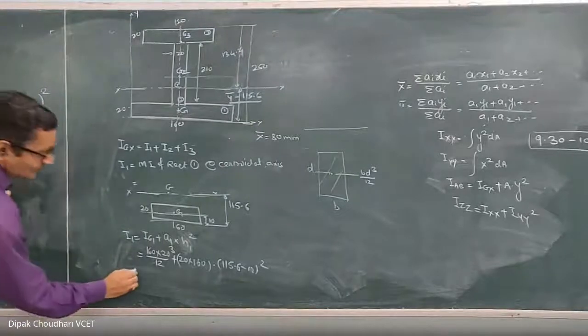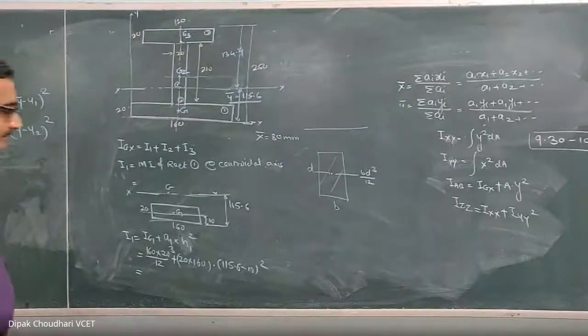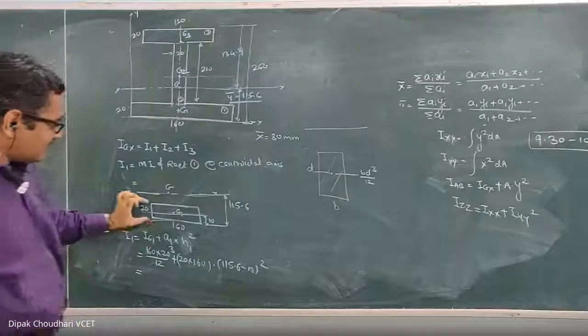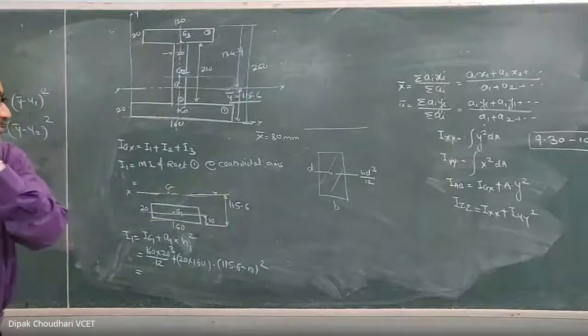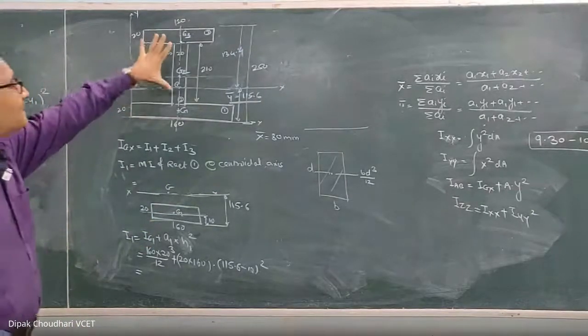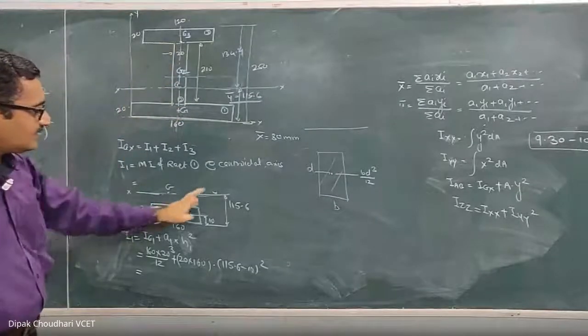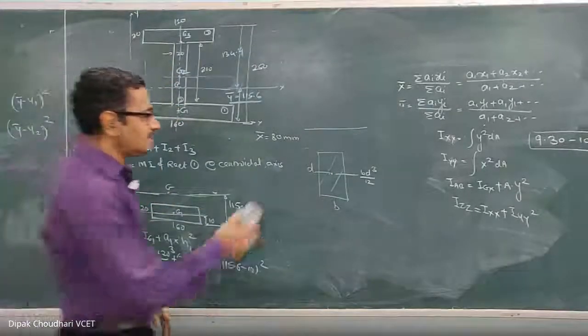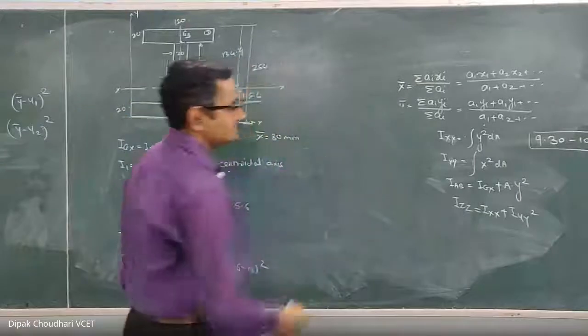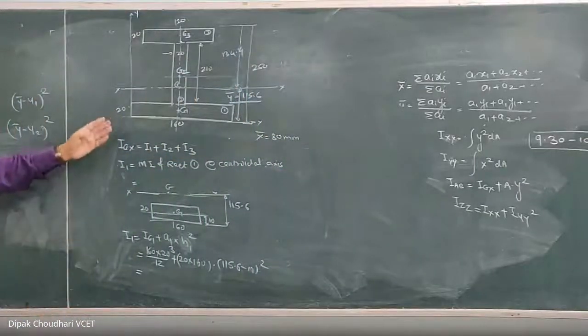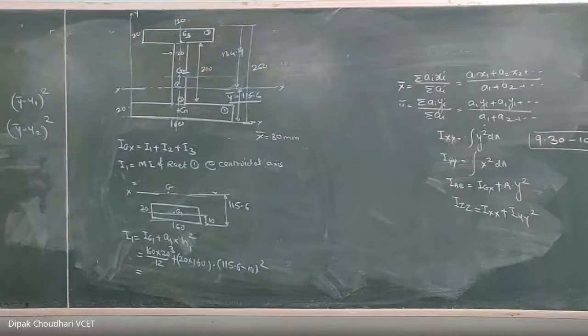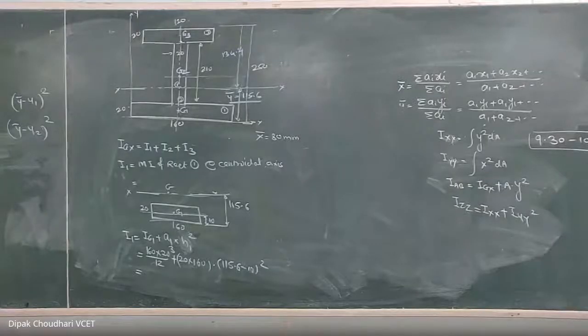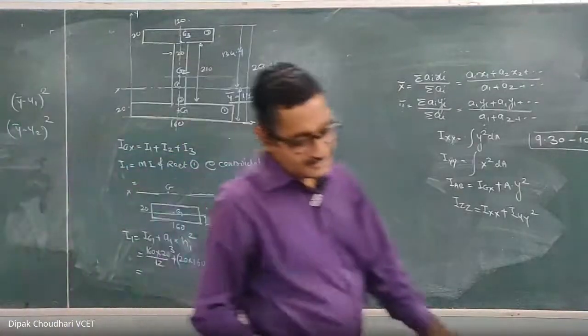Understood? Here, so calculate this I1. This is the moment of inertia of this rectangle about this axis. Have you understood this? From the next term, from this figure only, we are going to do this calculation. We are not going to draw this figure again. Since this is the fourth term, I am drawing this figure. Any doubt? No, sir. Okay, fine. Have you got the answer of I1?